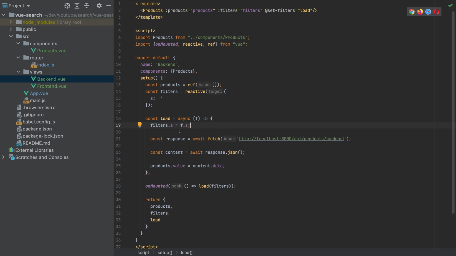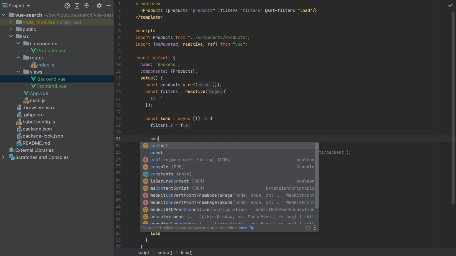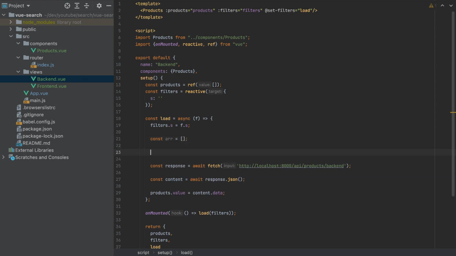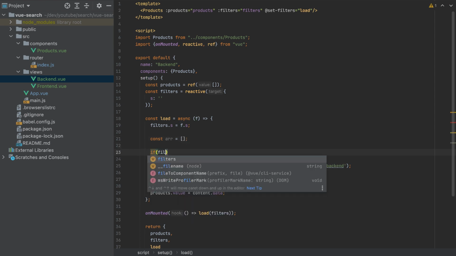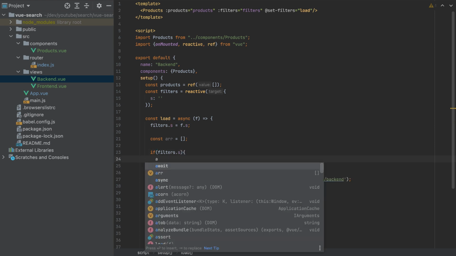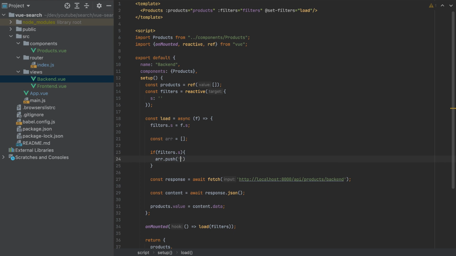Now that we got the search, we have to pass it also here in the request. So I have to make a condition. So first I will create an array which is equal to an empty array. If filters.s is set, then I will push to the array like this. So search is equal to filters s,